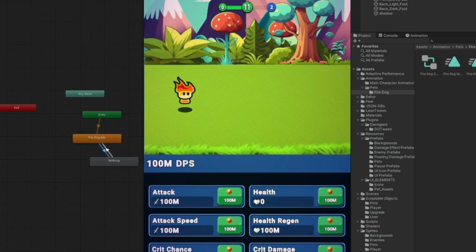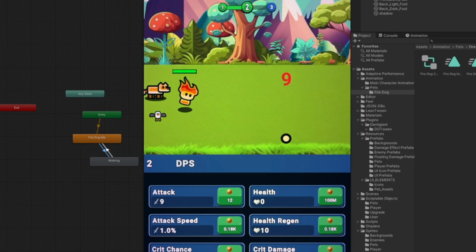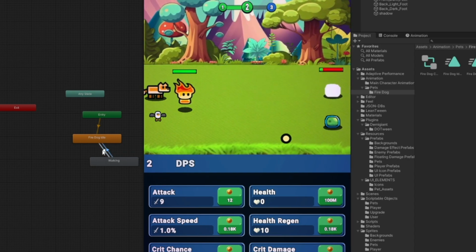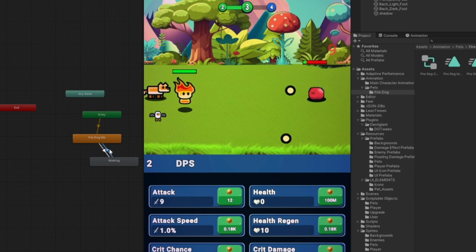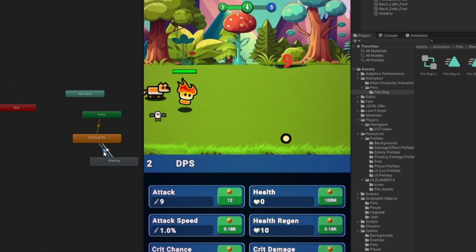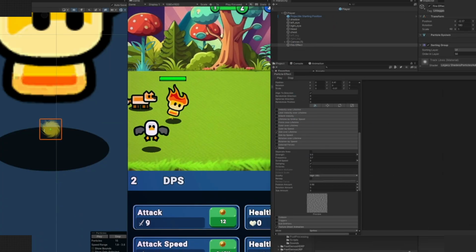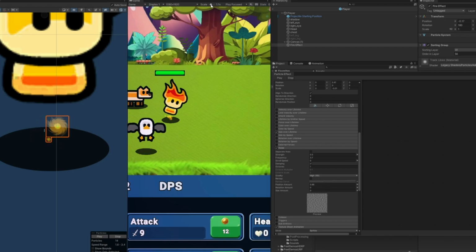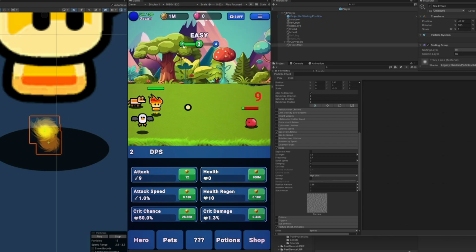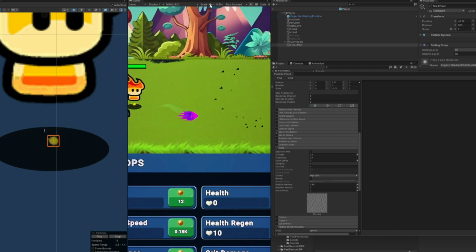Adding all that stuff isn't that important right now, but in the future it's going to be crucial to making sure the game really comes to life. But for now, I kind of want to go back to the animation and add in some particle systems to the actual hero. So instead of to the projectile, I noticed that the animation looks incredibly funky. It turns to the right and it doesn't actually revert back. I need to find a way to make sure the animations process between each animation, it slowly flows back into the old animation. But again, doom scrolling YouTube videos, I'll have to figure out a way to do that